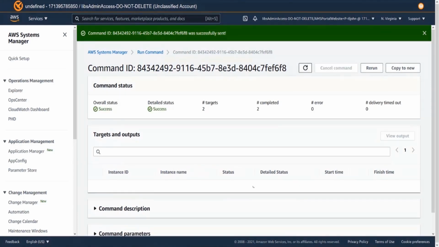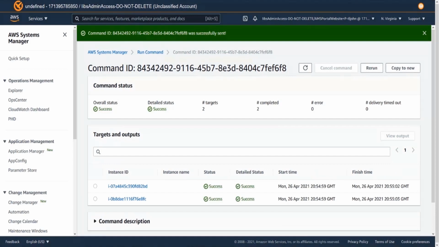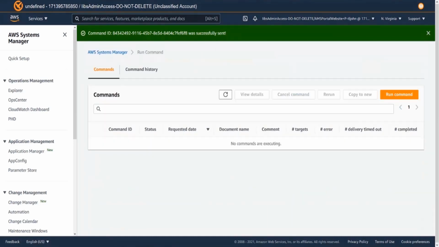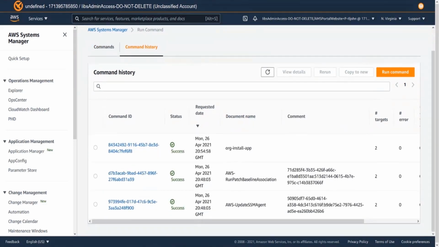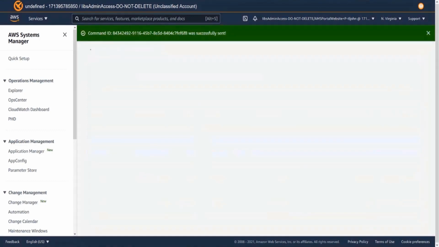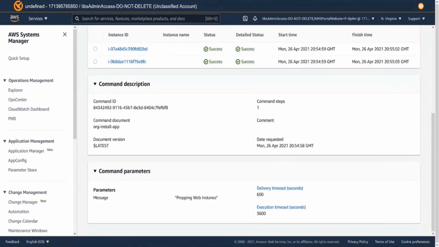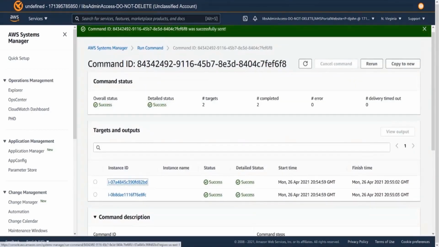So we see that it's running and it's in progress, and we have success. So I'm going to go back to the run command, and then I'm going to select my history. We're going to view details. And as you see here, we have the command steps that we're taking, the date that it was requested. You see here that's talking about the parameters themselves,